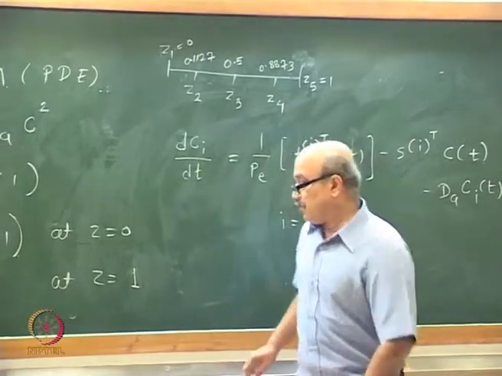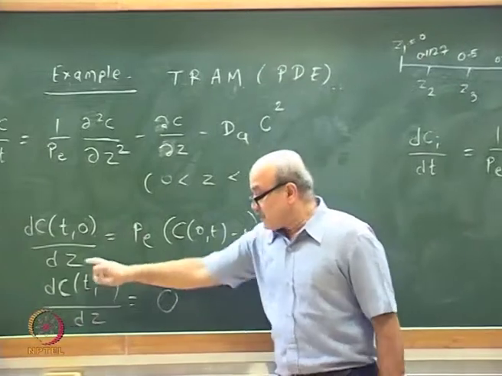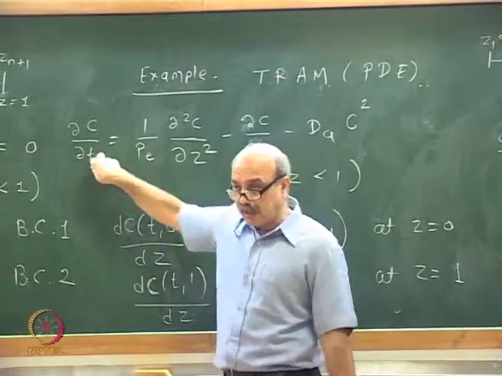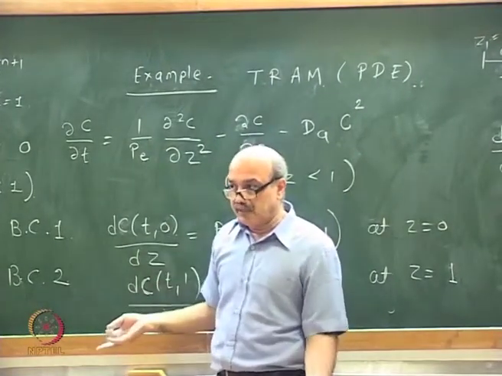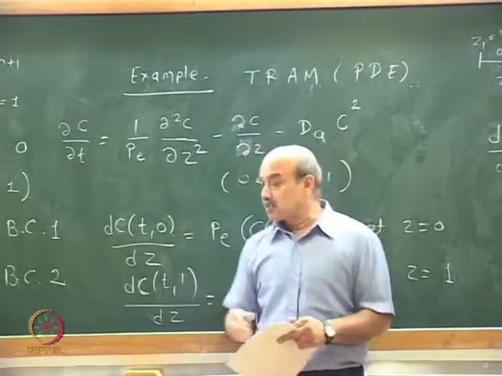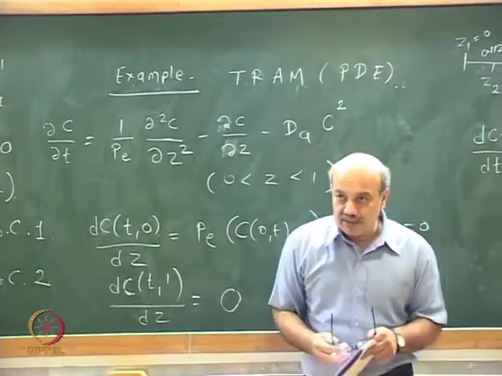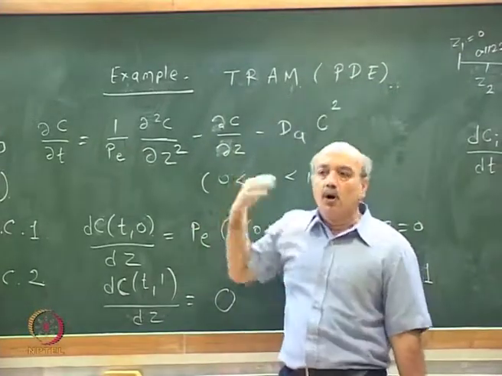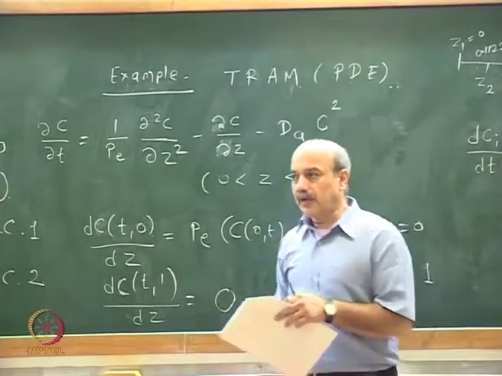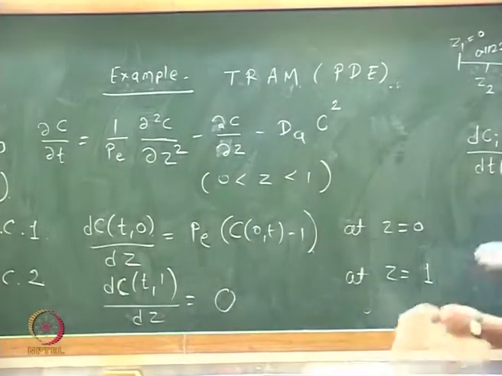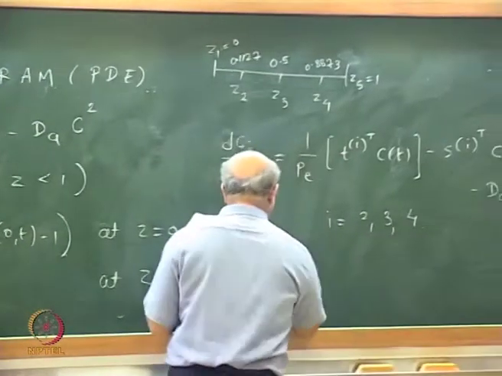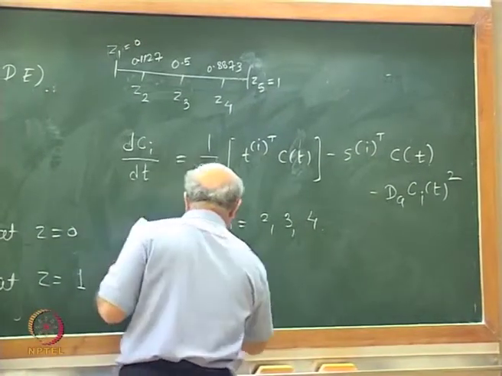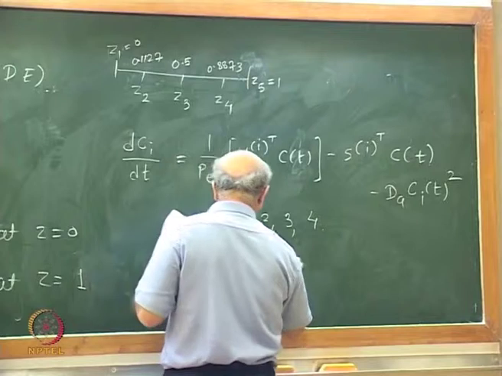What you get now, because these are spatial derivatives, and this is a time derivative, the spatial derivatives will get converted into algebraic equations. So there are algebraic constraints to be obeyed at the boundary points, and this partial differential equation gets converted into ordinary differential equation. So we have three ordinary differential equations, and there are two algebraic constraints at the boundary, that is S1 transpose Ct equal to